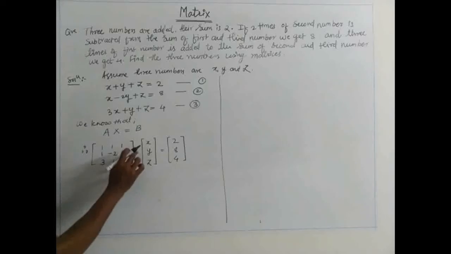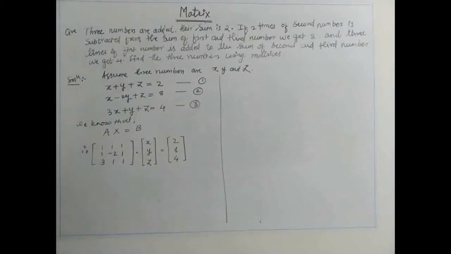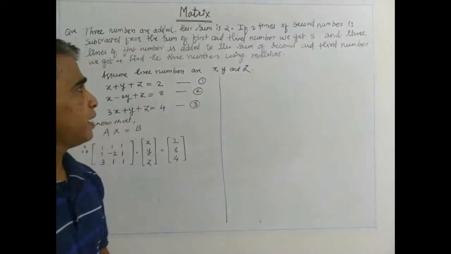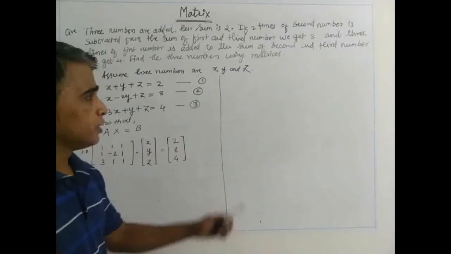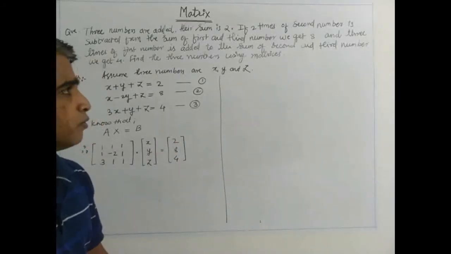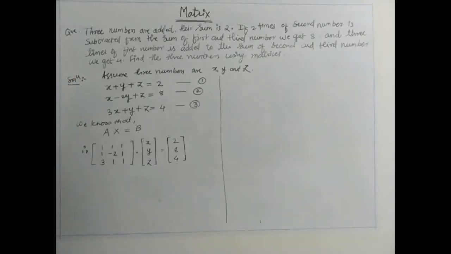Now we are going to use the reduction method here, because they did not specifically mention whether to find the solution of the matrix by using the reduction method or the inversion method. This is our choice, so we will use whichever method is easy. So we will use the reduction method here. In the reduction method, we convert matrix A into an upper triangular matrix. It means in the upper triangular matrix, the values below the diagonal are 0.